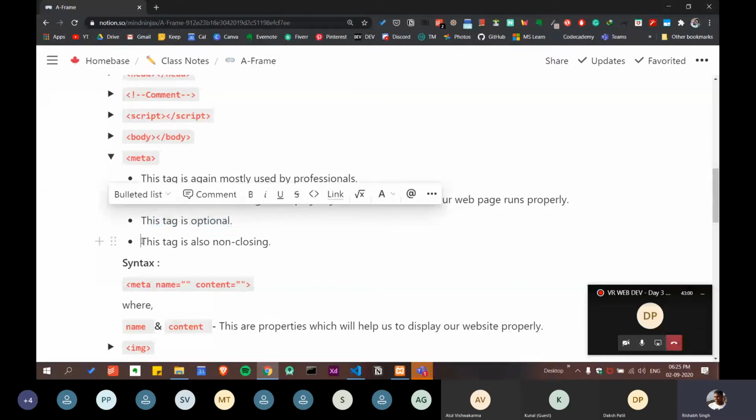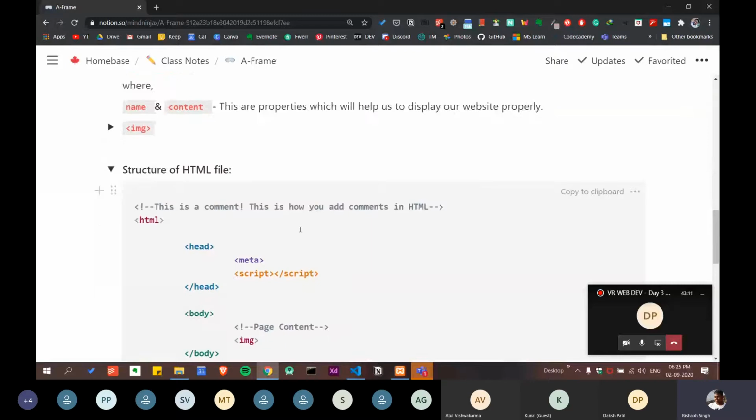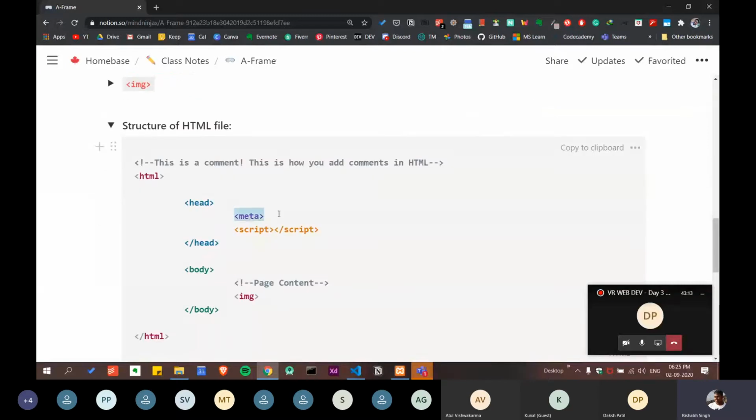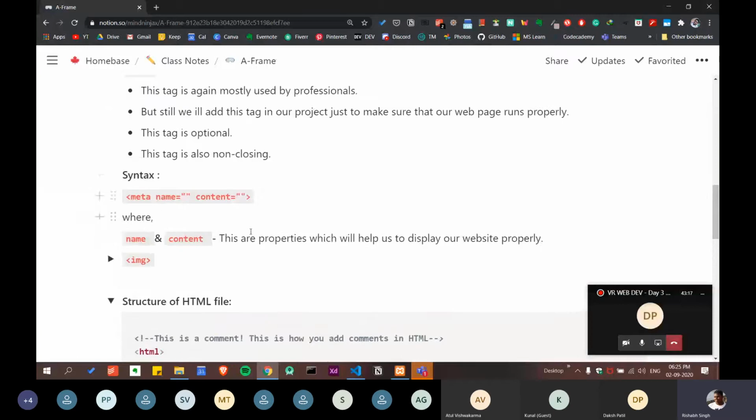This tag is again a non-closing tag. The syntax of this tag is only this much. It is not closing. As you can see, body is closing here, but this is not closing. Let me show you here. Okay, so it is not closing here. So this is a non-closing tag. So you have to remember which tags close and which tags don't close. And it is very easy. Most of the tags, 99% of the tags close, and some tags do not close. So yeah, it's very simple.